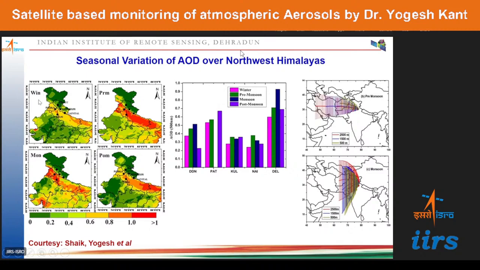During the winter also there are emissions because of biomass burning and other sources. So this region, the Indo-Gangetic Plain, has a higher aerosol loading. In the pre-monsoon season, during the summertime, because of the dust, as we have seen in the last slides, there is Sahara dust from northern Africa. It transports from northern Sahara to the Indian region. Hence, we have much dust loading or air pollution loading over the Indo-Gangetic Plain.